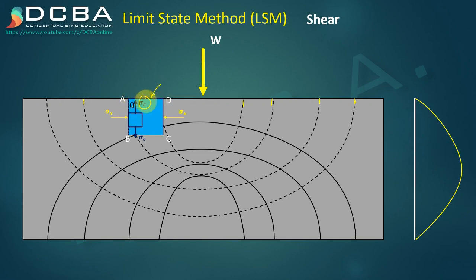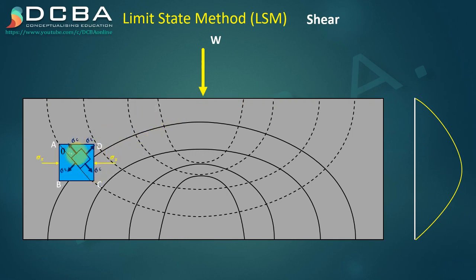But when we move somewhere else, we can see that now the plane is aligned like this, and this plane will always be tangent to your crack boundary, okay? And you can see that in this case we are having both the tensile stresses as well as the compression stresses. Same is with the tensile one also.